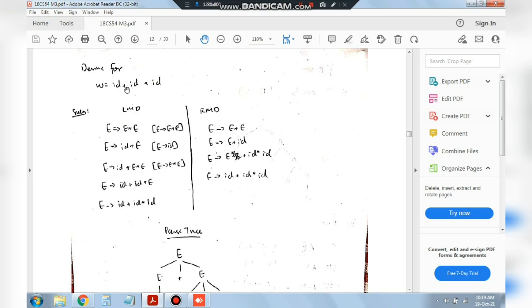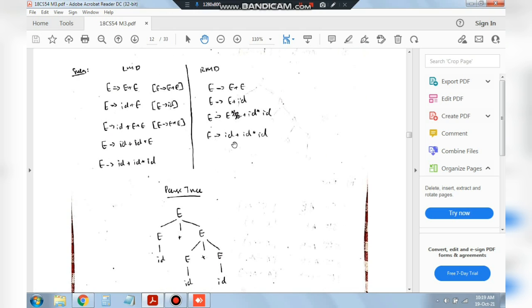Coming to the rightmost derivation, we have to consider from the right part. Okay. So firstly we'll start from the right part, which is ID into ID. Actually I have to write here ID into ID, but I have written plus. That's my mistake. If I write here ID into ID, that means I'll write here E star E, then E star E will be substituted as ID, and then I'll be writing here ID into ID. Okay. And after that I'll move on to the left part. From the right I have started, I'll move on to the left part. Then I'll be writing here whatever I get here plus E, because I need a plus here, right? So I'll be writing here E plus ID into ID, and E will be substituted as ID. Okay. So these are the two derivations which we got, ID plus ID star ID in both.